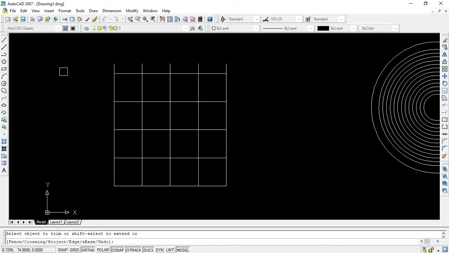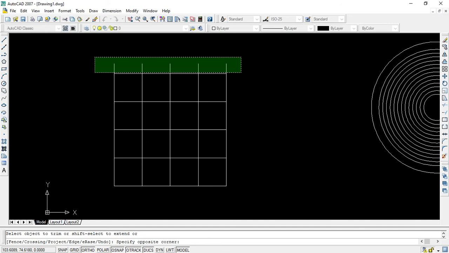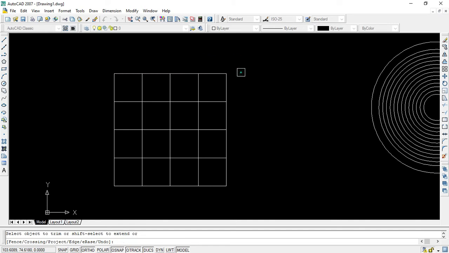Now suppose if you want to delete all of them together, these 4 extended lines you want to delete at once, then what you have to do, simply continuously click your left key of your mouse, simply select all of them, then left click again, then it will go. So now suppose you want to delete this portion and this portion. So how to do it? Simply click here. So like this you can delete.